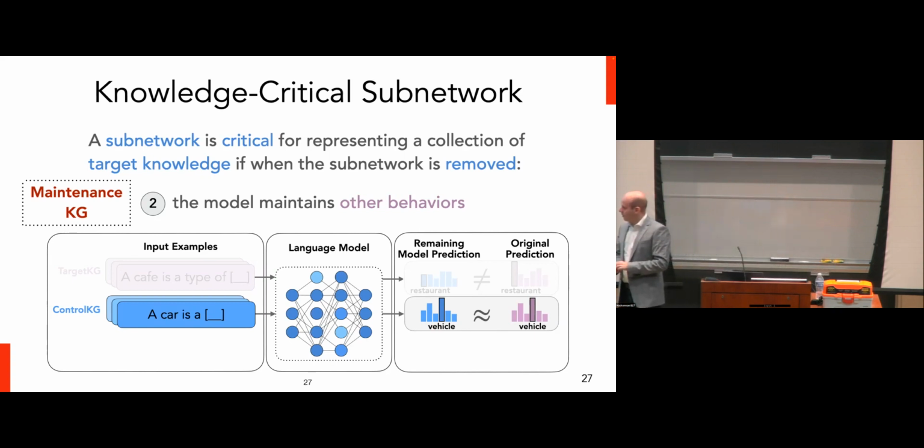So in general, in the way that we've defined the experiment, when we build the target KGs, we specifically look at neighborhoods of a seed entity. So we'll find, let's say, cafe, and then we will do 2 or 3 hops away from that entity within the knowledge graph to find what the target knowledge that should be removed is. So we're really removing knowledge families at this point. Then for the control KGs, we do another hop. We don't do anything with those nodes. One more, and then everything that's one more hop outside of that, we put in the control KG.